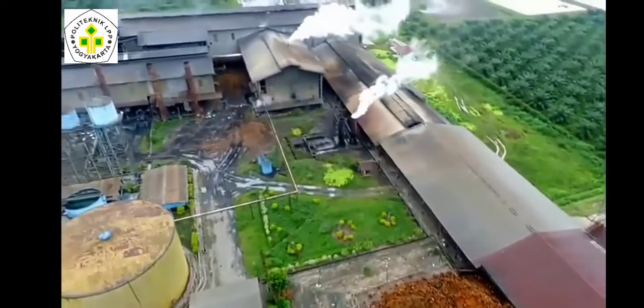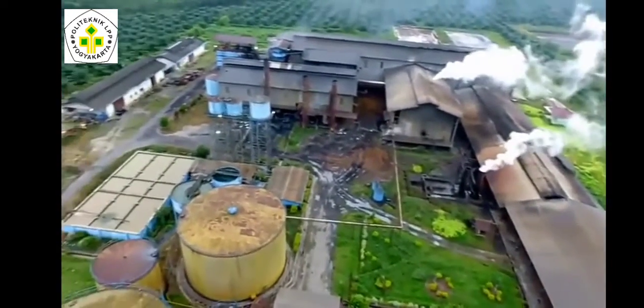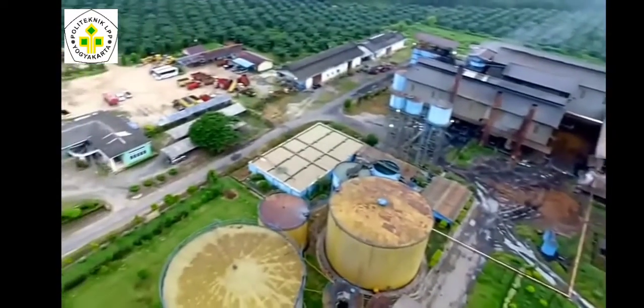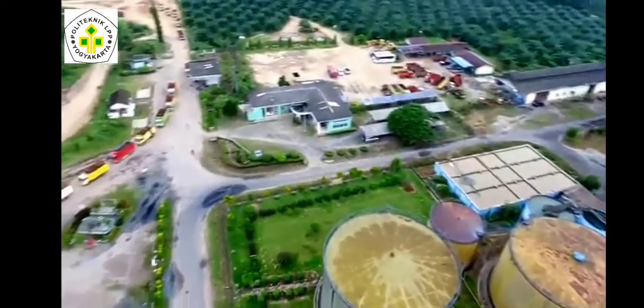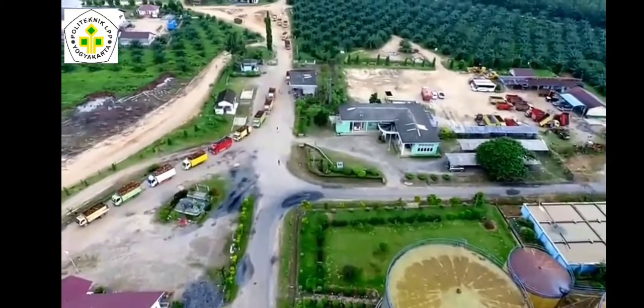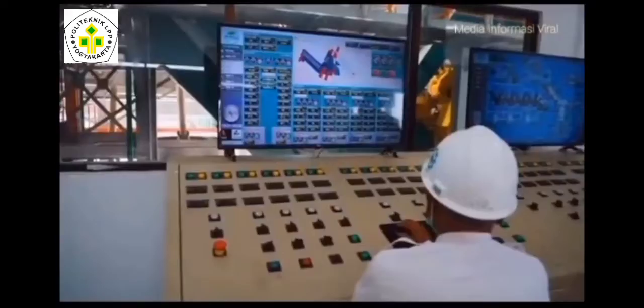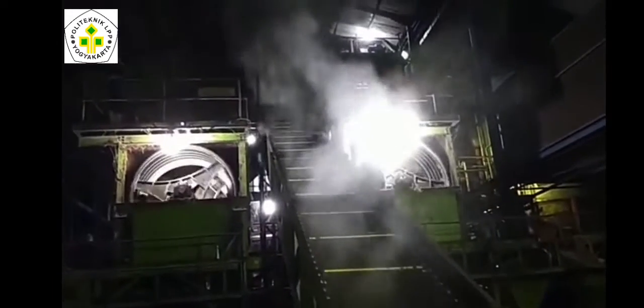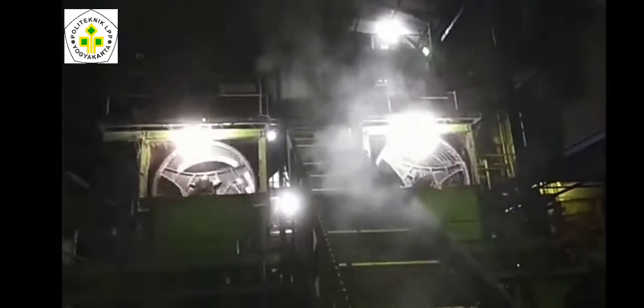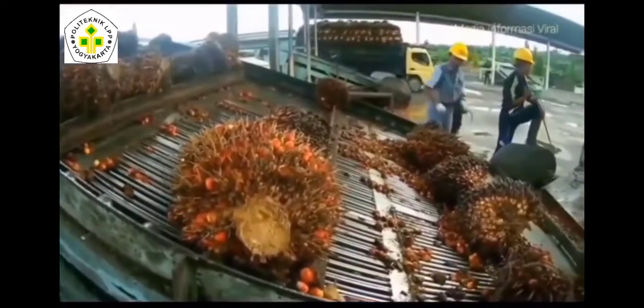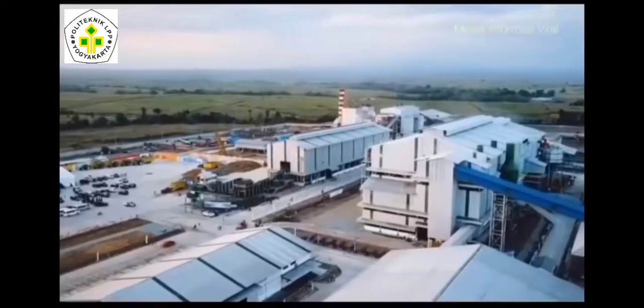Station tracer. Tracer is a drum speed. This selection station aims to remove the fruit from the bunches by spinning the TBS in the tracer drum. The tracer capacity is 5 tons.